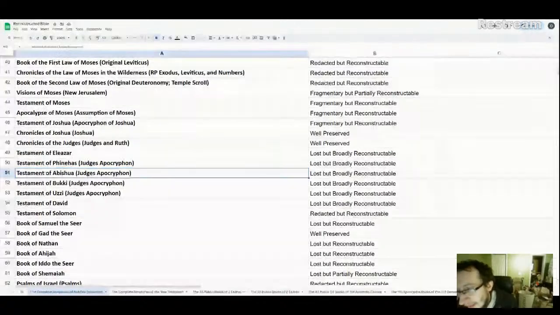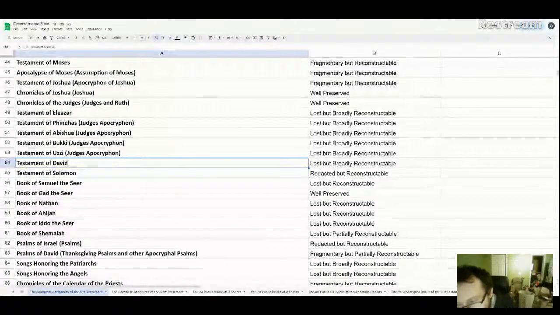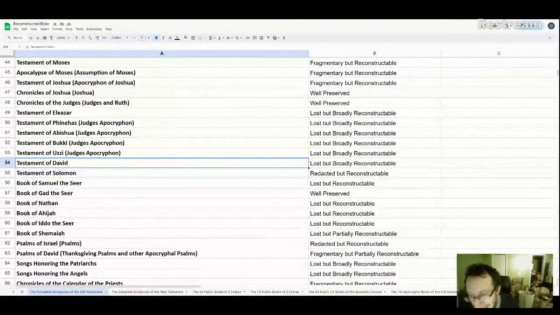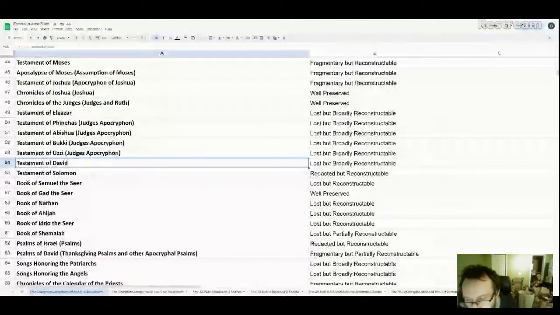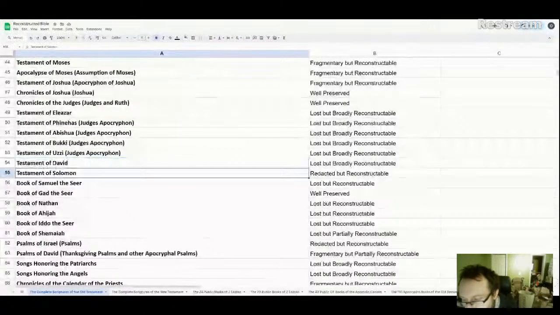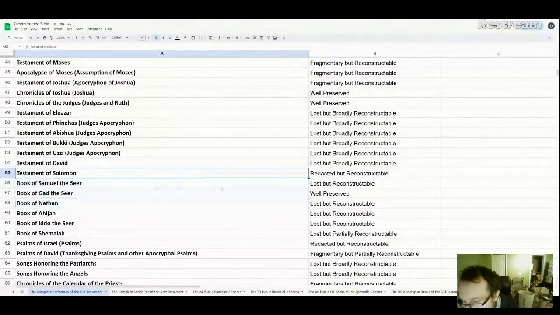Okay. Then we have a Testament of Solomon. If we have a Testament of Solomon, there almost certainly was also a Testament of David. We have very little to go on for the Testament of David, but I strongly believe that there was some kind of Testament of David. So we would try to reconstruct in a broad way what the Testament of David might have looked like. But importantly, we do note that the events of David's life were referred to in the books of the prophets. Same thing with Solomon as well.